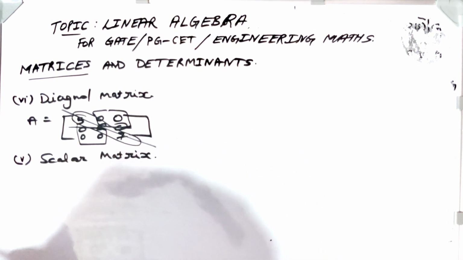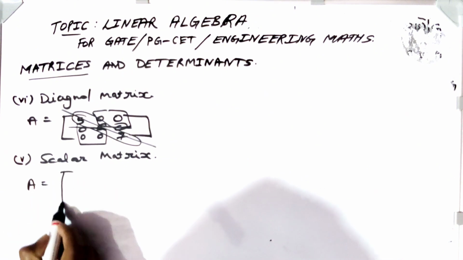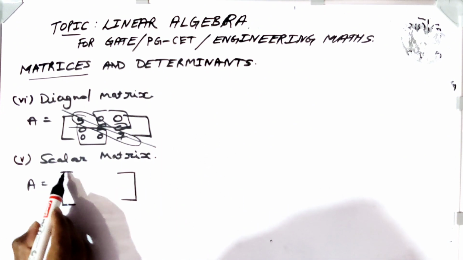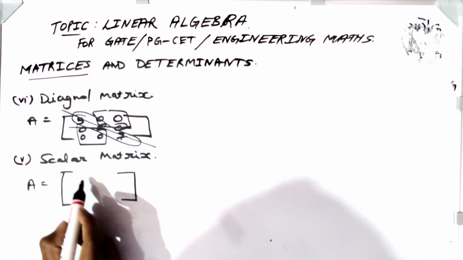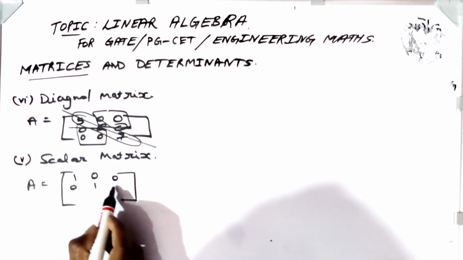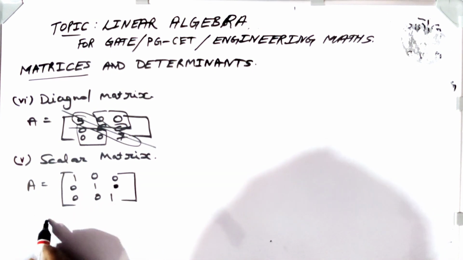In scalar matrix, a matrix is said to be a scalar matrix only if it is a diagonal matrix with all the diagonal elements equal. So 1 1 1, 0 0 0 0 0. So the conditions for a scalar matrix is it should be